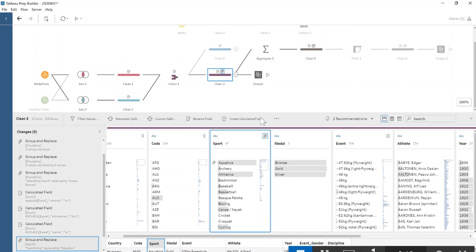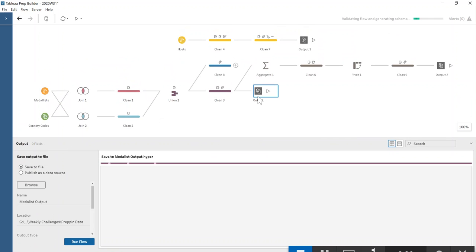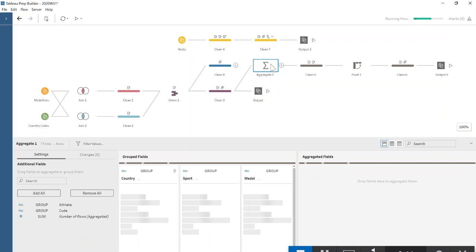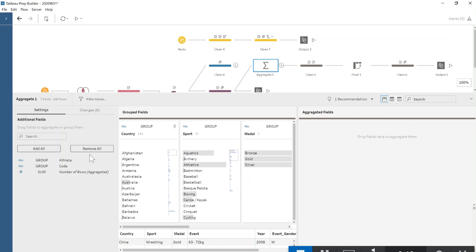Cool, so that is our first output achieved. So there is our medalist output. Now we're going to want to get rid of the actual athlete level of detail, because, for example, for something like basketball, you're going to have multiple athletes, but only really one medal, because it doesn't count. Otherwise everyone would just go for the big team ones and try really hard in those and not bother about individual medals, right? So we just need to basically group by everything apart from the athlete, and we actually